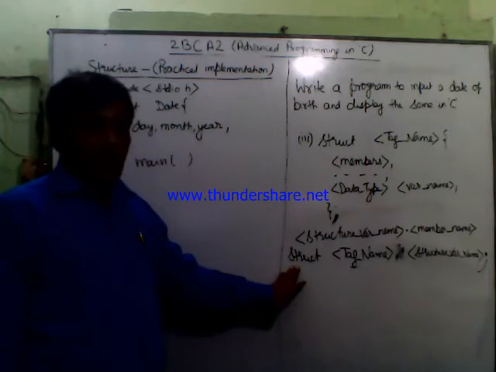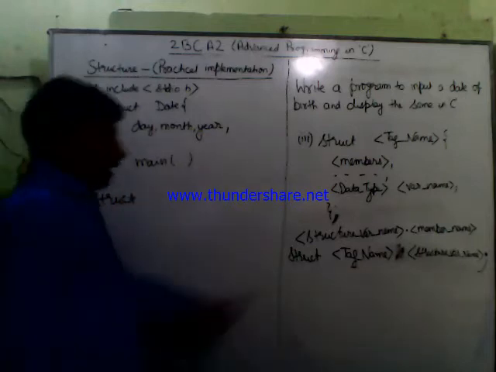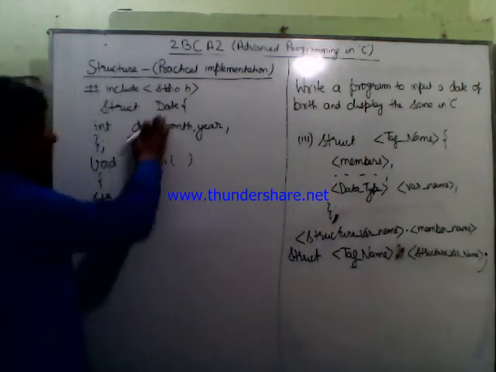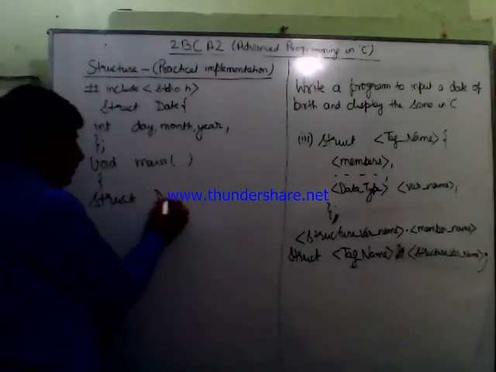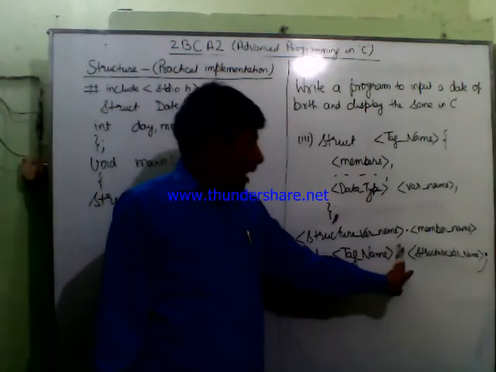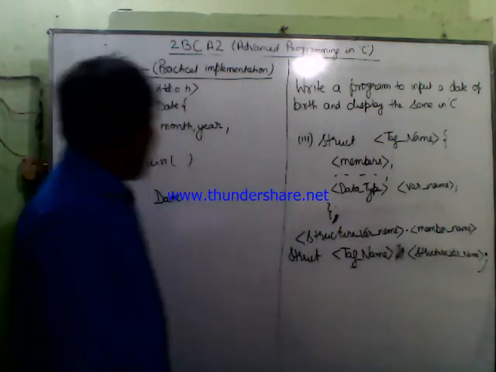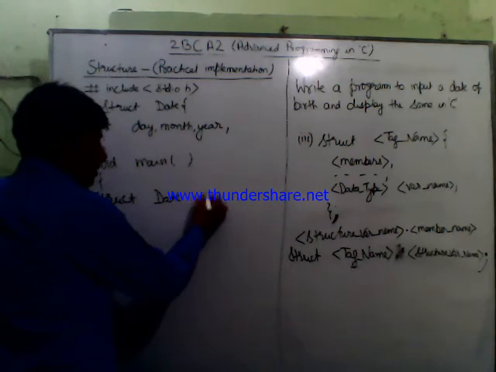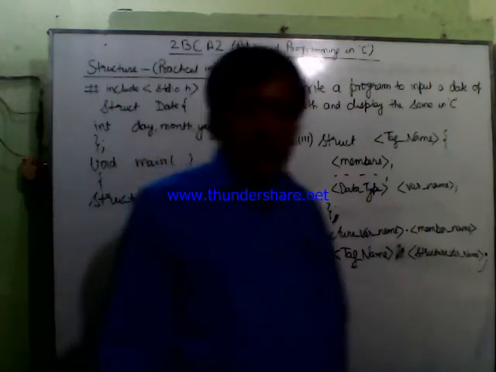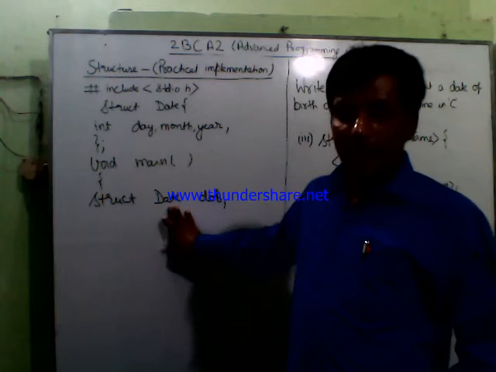The syntax starts with struct, thereafter the tag name. I have put the tag name in my program code as Date, D capital, and thereafter a space, and then I have to write a structure variable name. I am providing my structure variable name as DOB. This is the variable that will store the date of birth, and this variable has been declared of type Date.